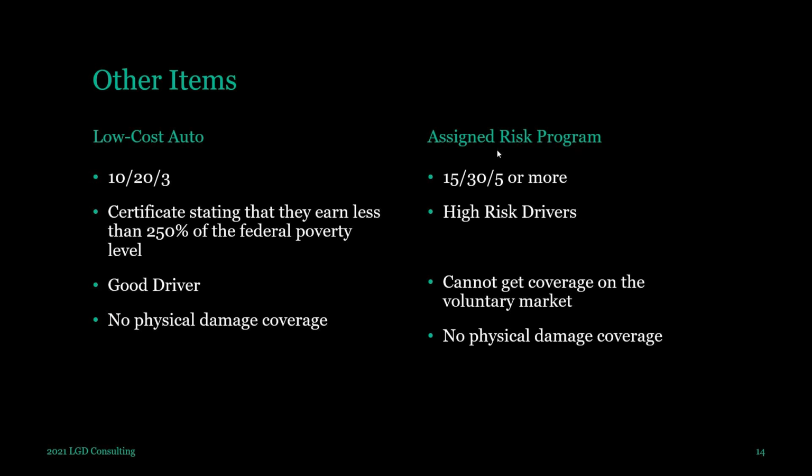Now, when you buy a policy, in a sense, your name goes into a hat with all these other high-risk drivers. And we pass the hat around to all the admitted insurance companies that sell auto insurance in the state. And so the company that you may have applied to originally and got rejected because you're high risk might actually pull your name out of this hat, and now they have to insure you with that liability coverage. Okay. You can buy higher limits on the assigned risk program, but not on the low-cost auto. All right.